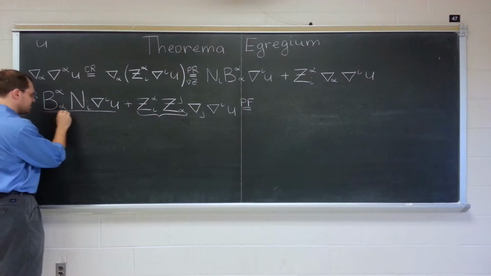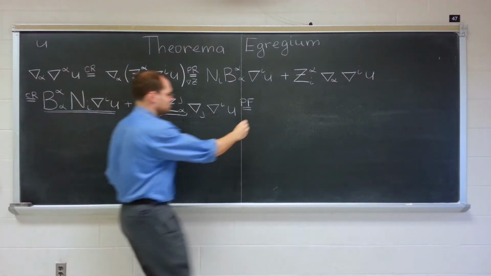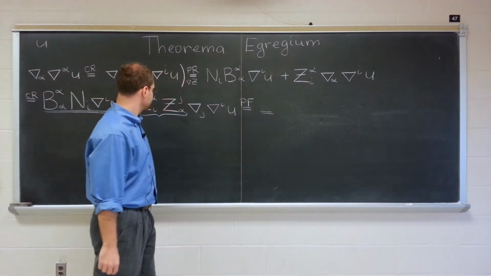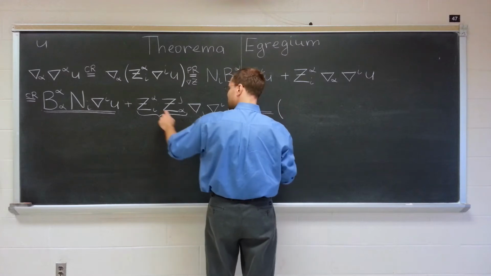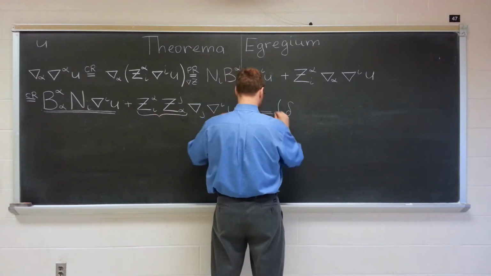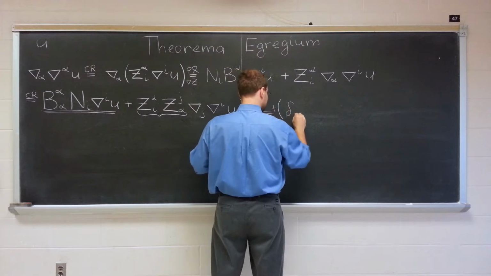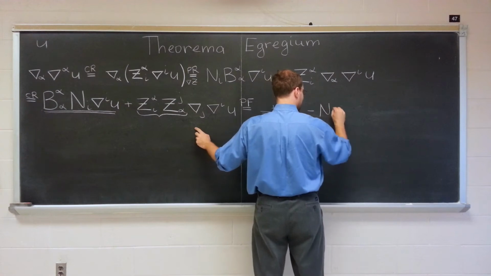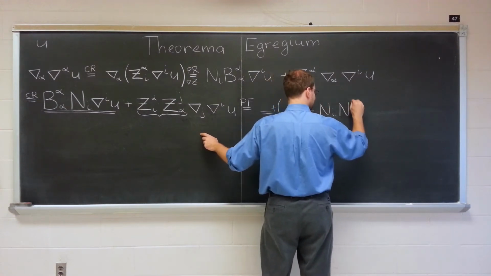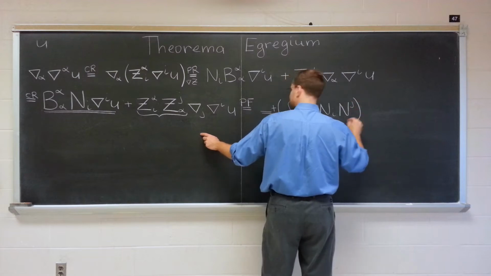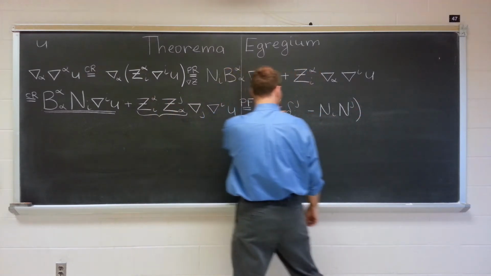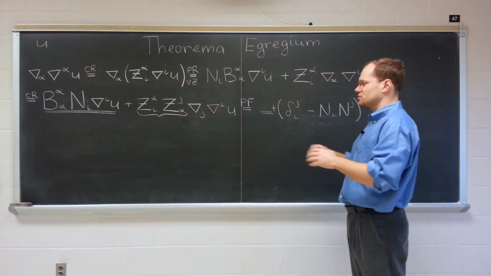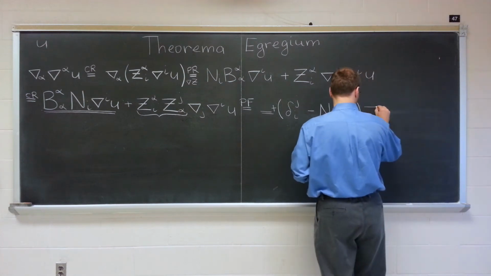I'll just double underline this term and just put two lines here to indicate that this term comes here intact, but this term is delta plus delta ij minus ni and j. And this is the projection formula that states that this combination equals this. So it's the projection onto the surface. And then, of course, we keep grad